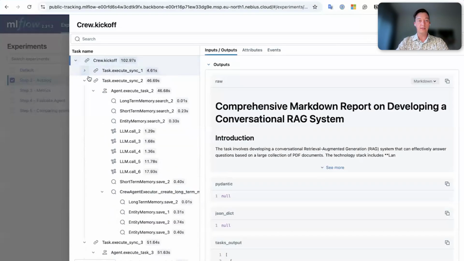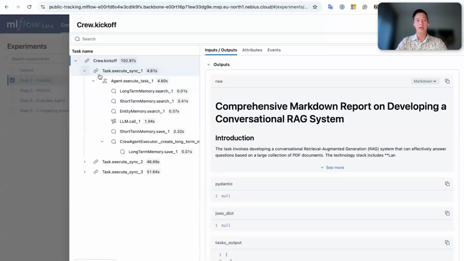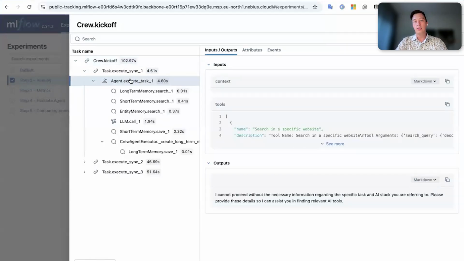We have different tasks, actually it's three tasks that we defined. For each task, we see who is executing this. This is one agent. You can name those agents, of course, but we didn't do this, but you can give them pretty names like Mikhail or, I don't know, Hercules, whatever. So inside this task, we can see what's going on inside. So there are some